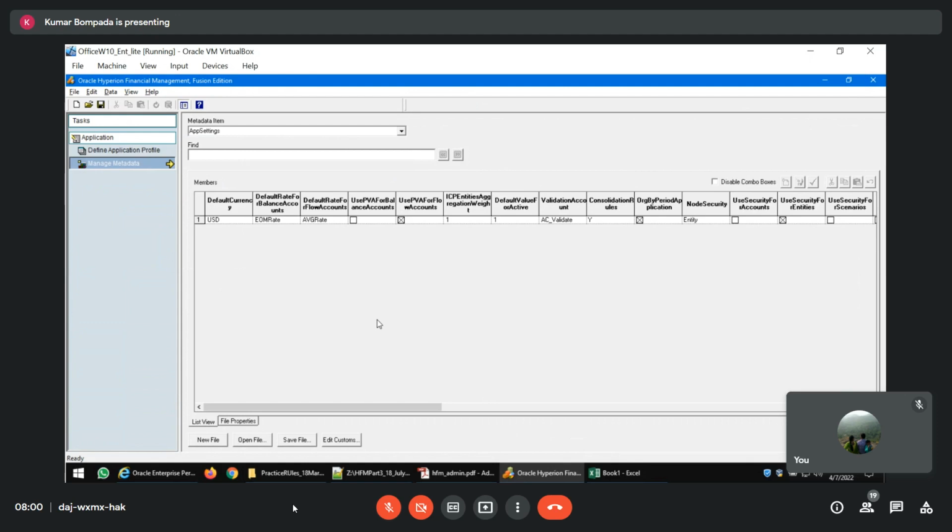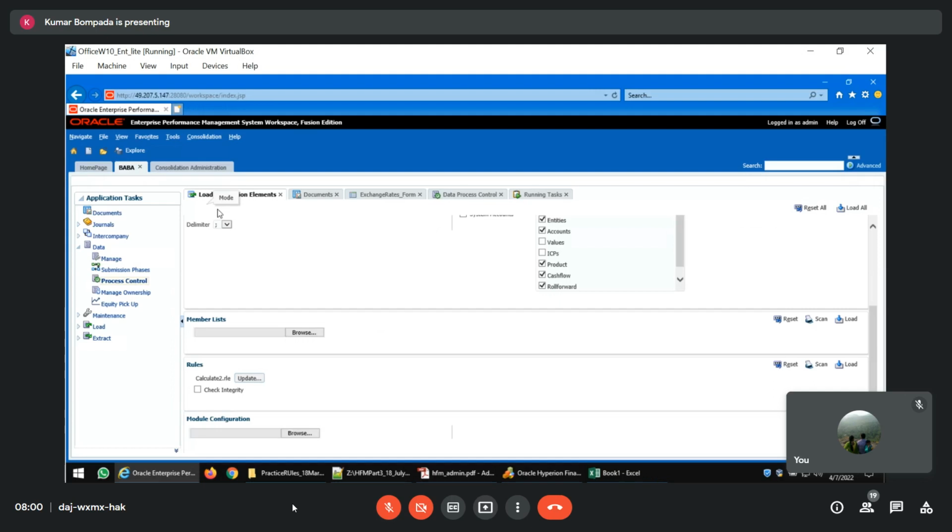Third one. Org by period application and a default value for active. So if your entity is inactive, it is not considered to its parent, correct? Yes or no? And org by period application, yes, these two. So other than this, when you go